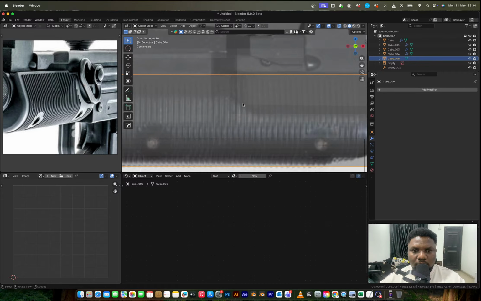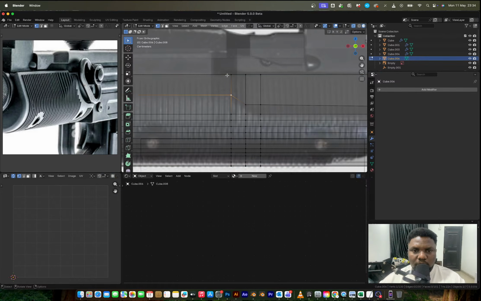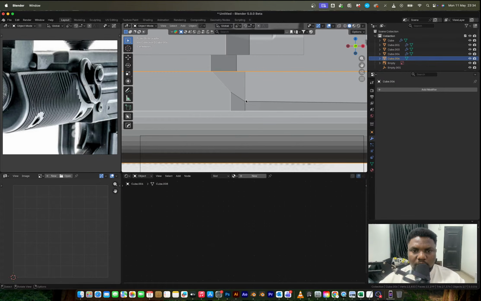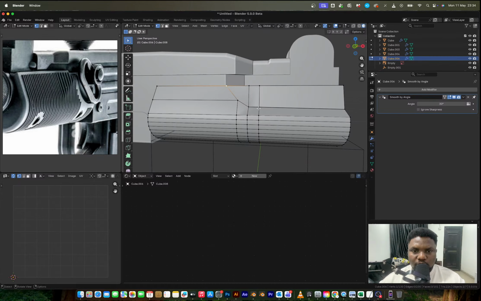Okay. So this and this, I'm just going to GG. Make this align like so. And then shade auto smooth, but would need